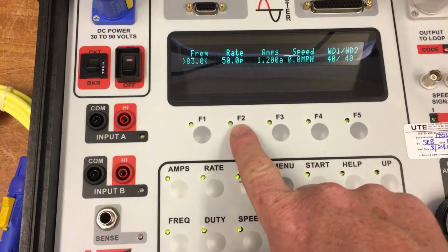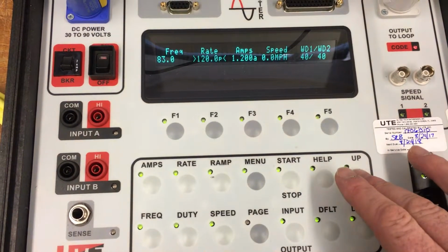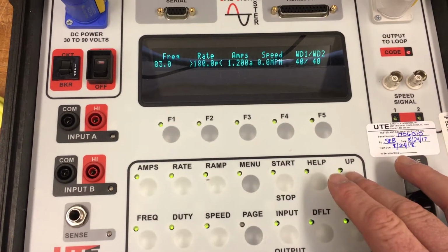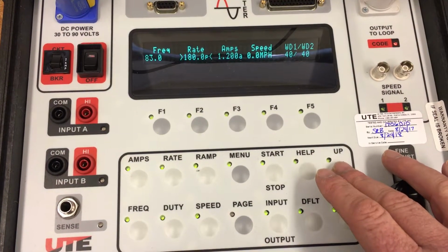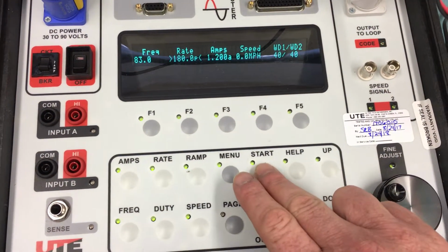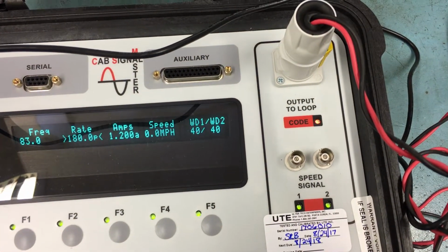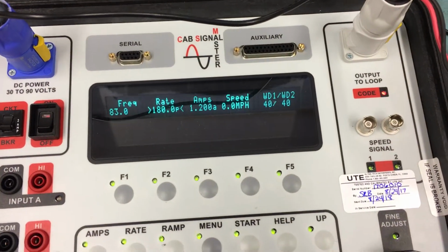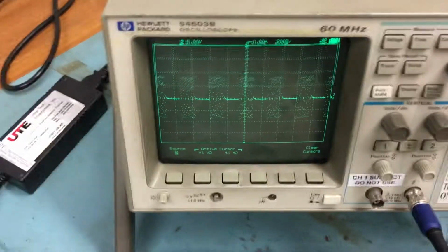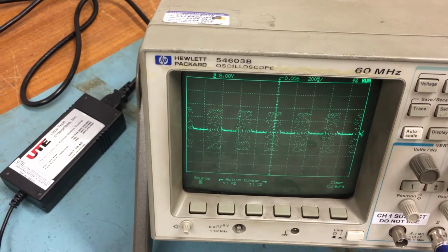Similarly with the rate button, pressing the rate and pressing the up and the down buttons, we cycle through the usual code rates. But these are not actually applied to the track circuit until we press the start button. Now you will see that the code rate LED is flashing green red, which is now putting the code onto the track, and we can see it on the scope here. If I change the code rate, you will see it